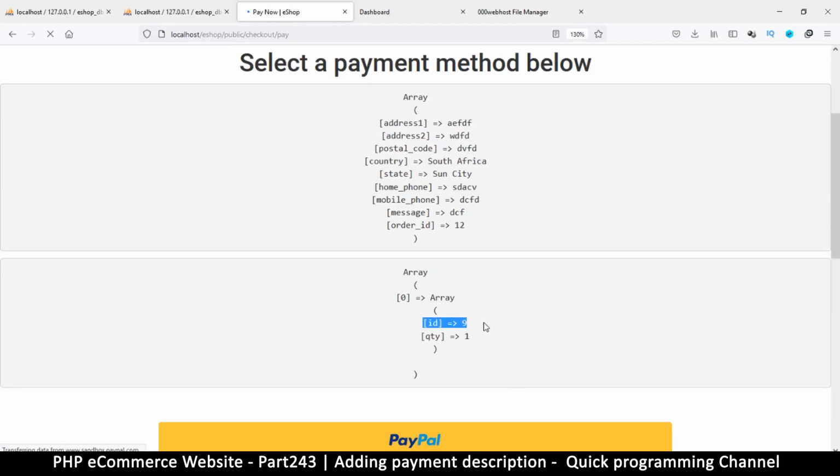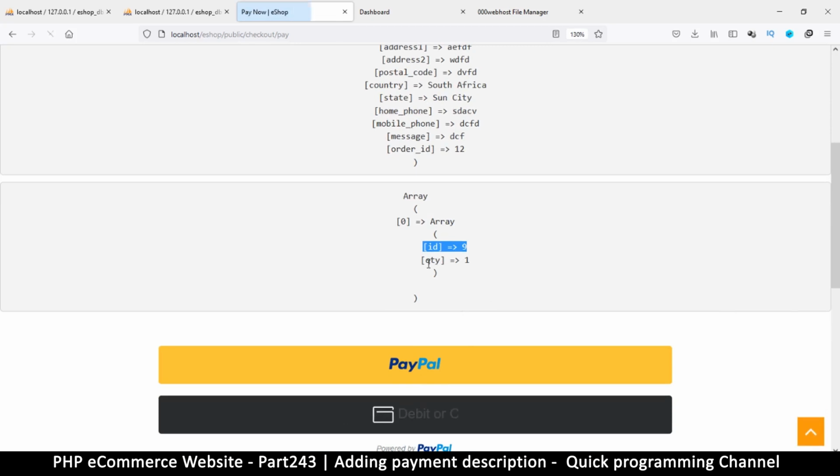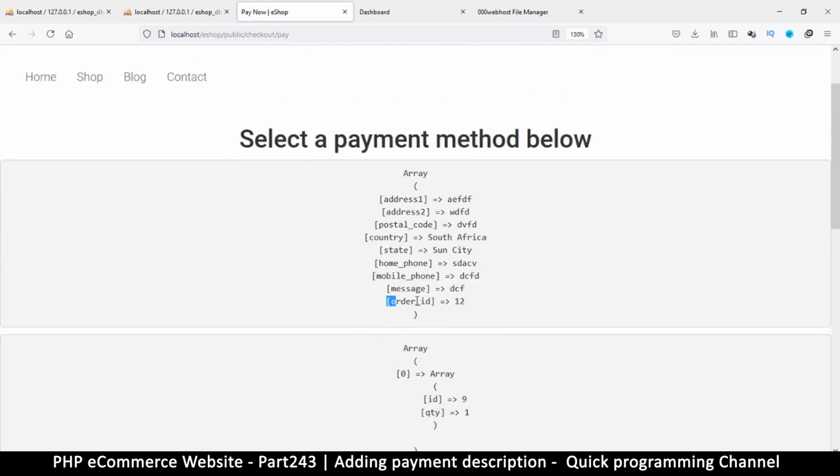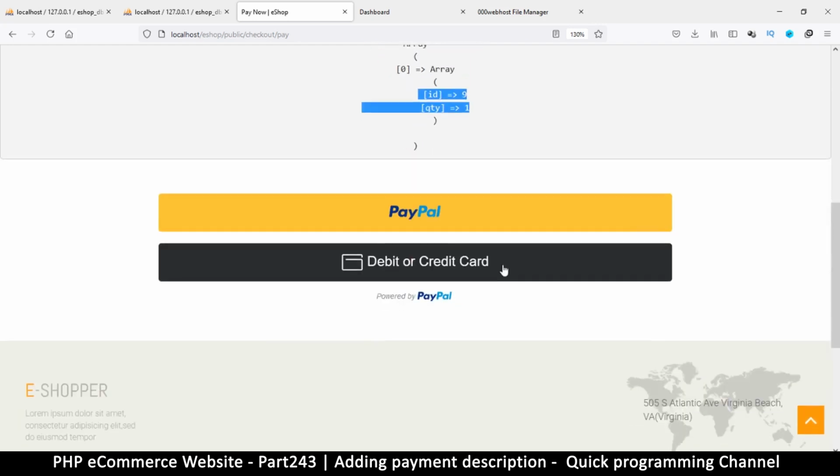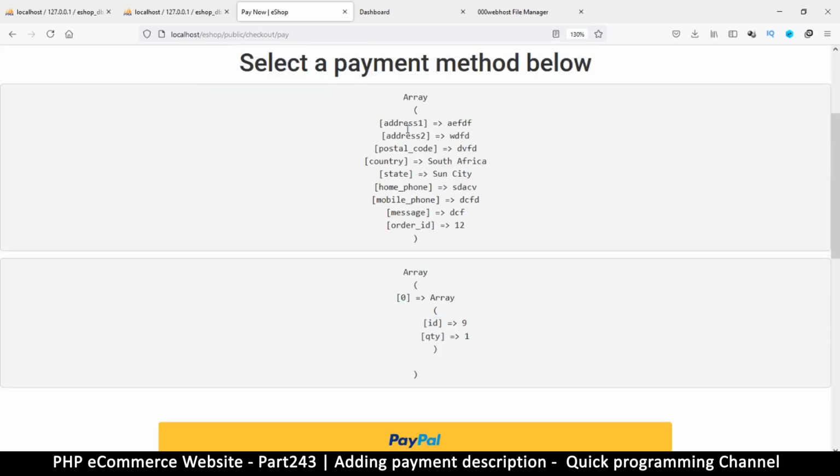We have the order number here, and we have the quantity. So order ID there. So we don't have the details for the total. We don't know how much should be paid here at this point, because we just have an order ID